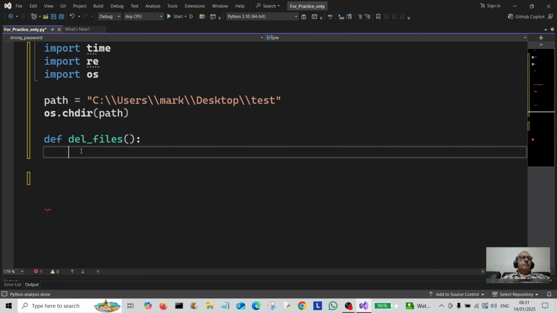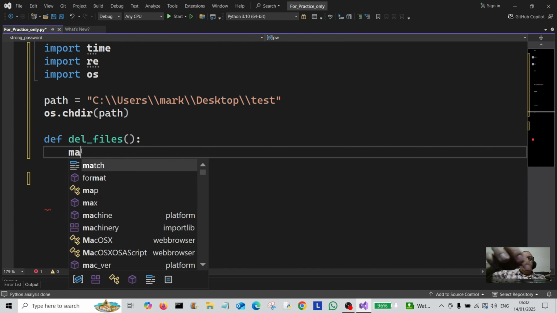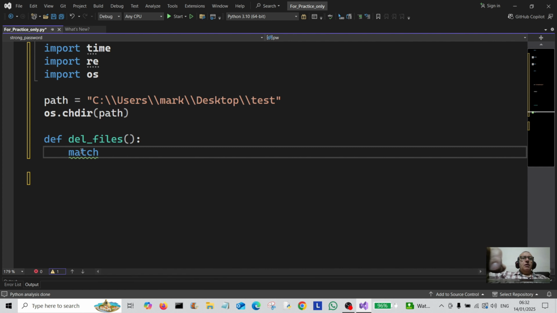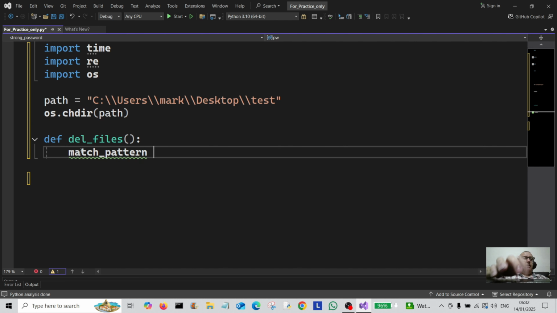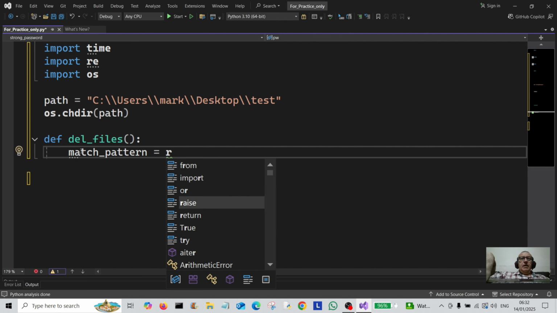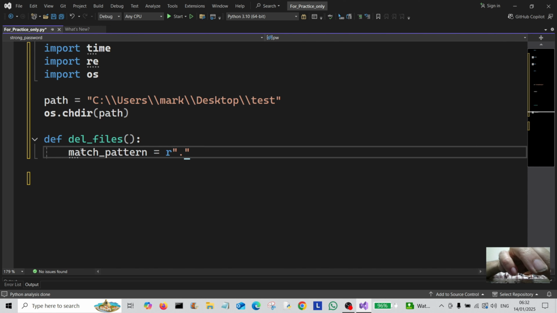So first of all, we're going to use the regex. So we create a variable called match. In fact, I can't call it match because that keyword is already taken. So we're going to have to call it match_pattern. That's a system keyword so you can't use it. Then we're going to use the r here and then .txt, and we use this character here which anchors to the end of something, so it's going to match that at the end of the string. See if it's got that